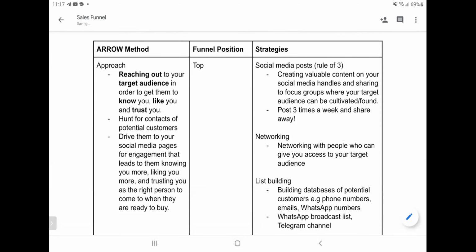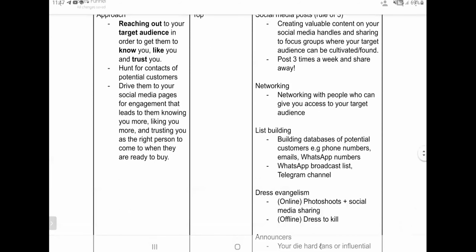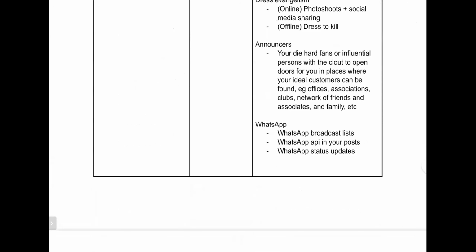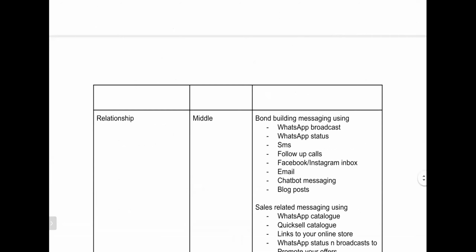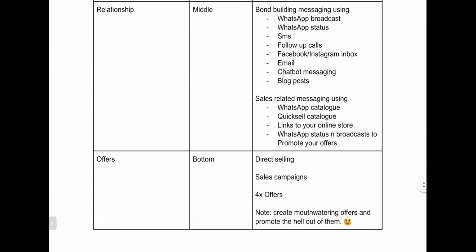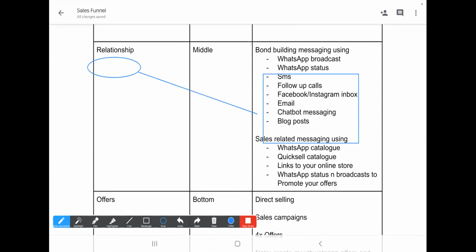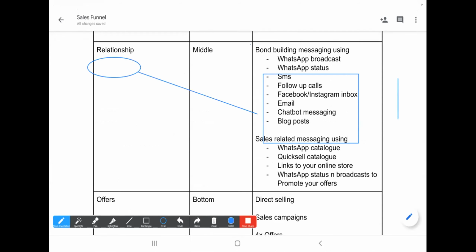generating all of these social media posts as well as networking, list building, dress evangelism, announcers, and WhatsApp, and using WhatsApp for marketing. So now at this second phase where we have the